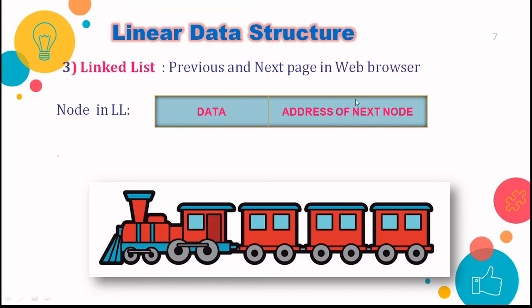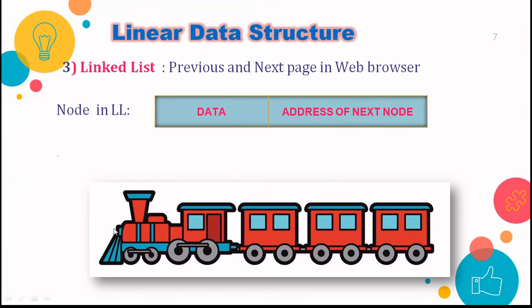So what happens here is we have several nodes connected in such a way that in the first node we place the data, and in this particular section we store the address of the next node. And similarly, if I have a second node like that, this address will be pointing to the second node address, right? And again in that node also there will be some data and the address of the next node. And the last node will not be pointing to any node, so there the address will be null. So this was about the logical concept.